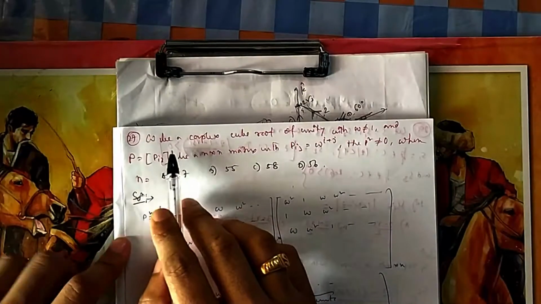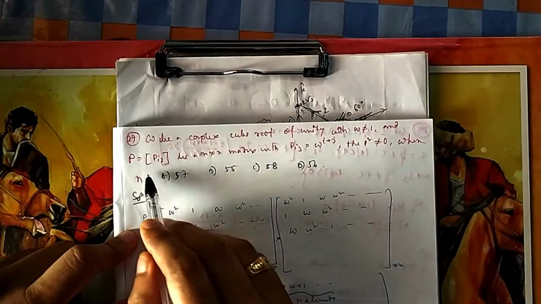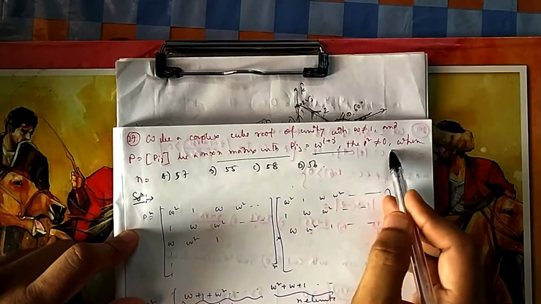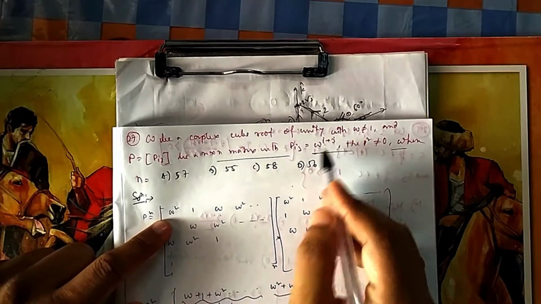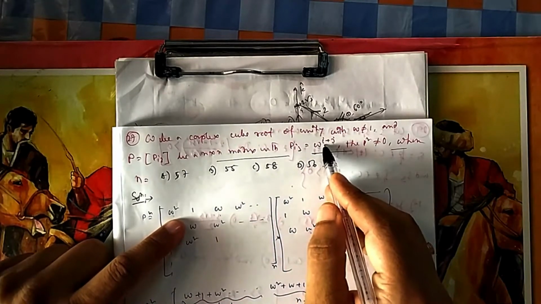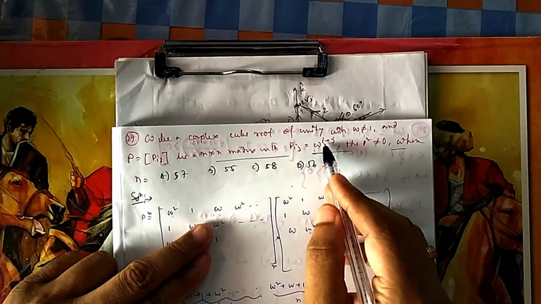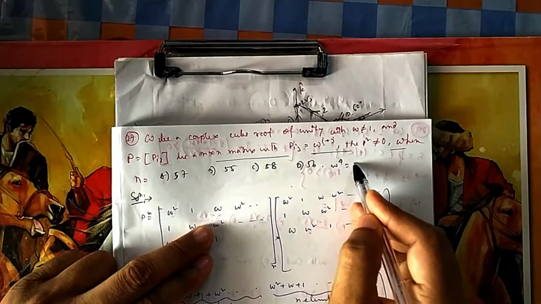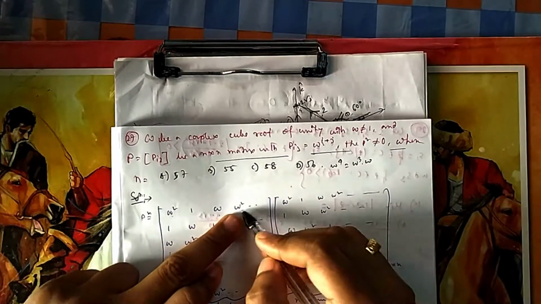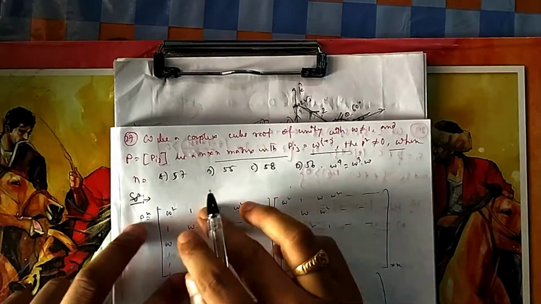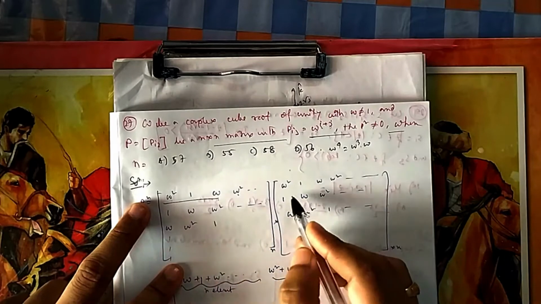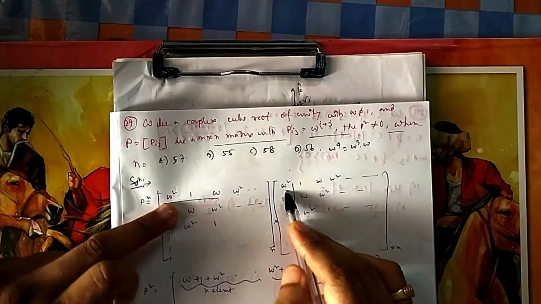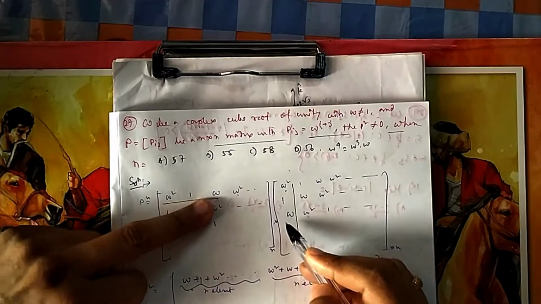Now if you see this one, omega is a cube root of unity, and P_ij is an n cross n matrix. So if I start writing the matrix, the first one will be 1 plus 1, 2 omega square, then it will be 1 plus 2, omega cube is 1, 1 plus 3, omega 4 is omega because it is omega cube into omega, omega 5 is again omega square. So if I write only 3-4 terms and then take the product, you see the first term.